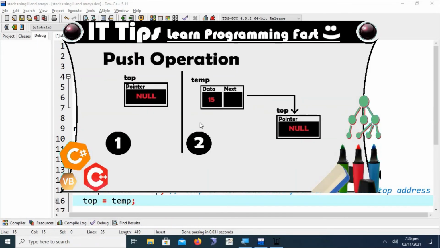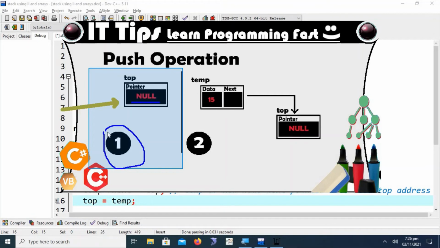Okay, let's move to the visual aid of this operation. I will explain it in these phases. First of all, before the main function we have created the stack pointer, or top, that is initialized with null. This is the first phase, the initialization of the stack pointer.